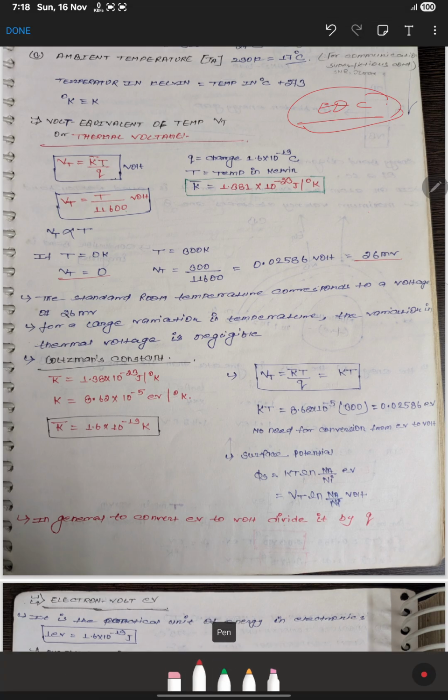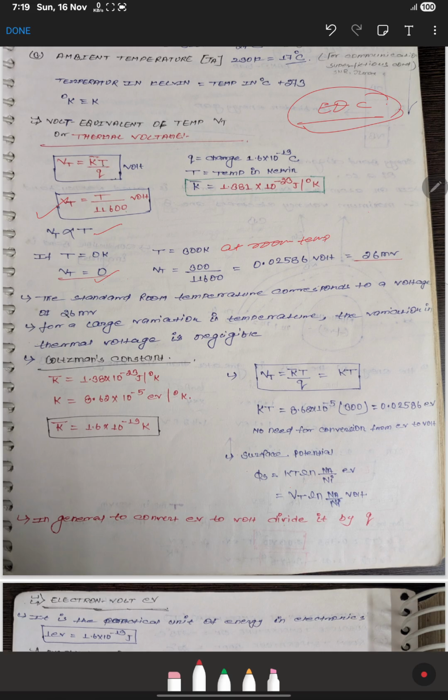While putting the value of k bar and q, we can get Vt is equal to T upon 11,600 volt. So from here we can see Vt is directly proportional to T. If T is equal to 0 Kelvin, our Vt will be 0, but when T is 300 K, at room temperature,